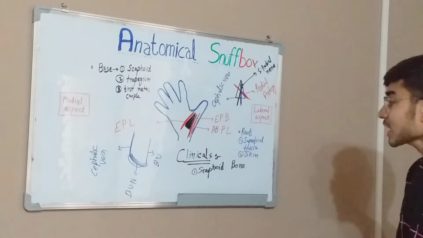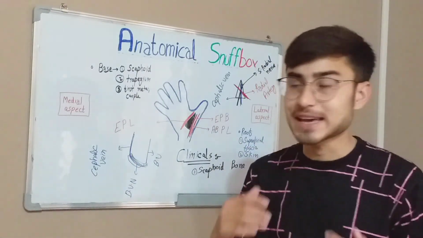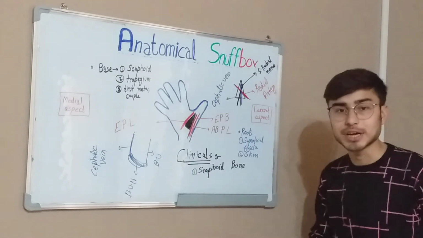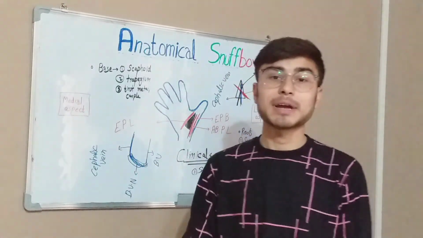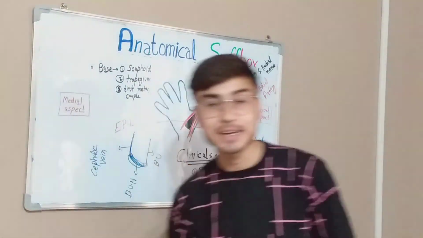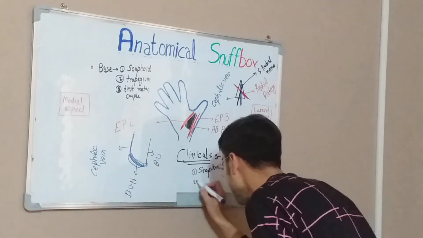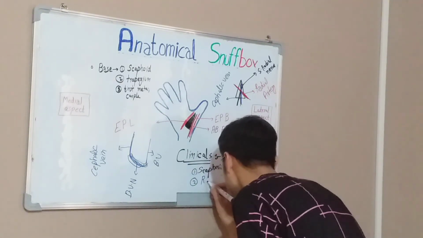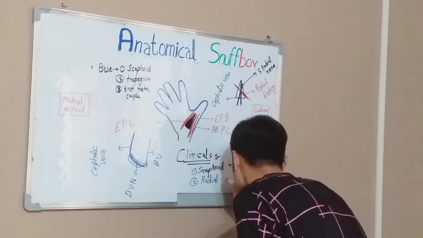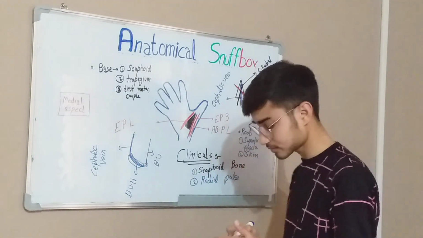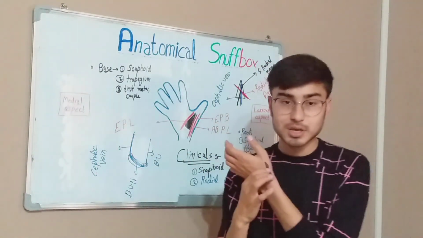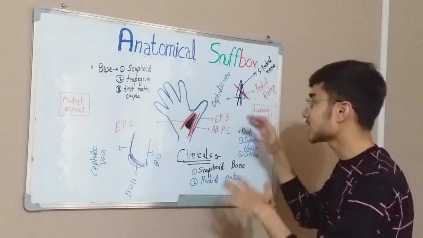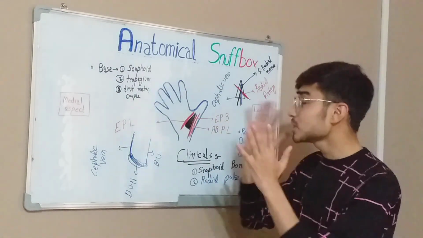And the second clinical importance is that among the contents I have talked about the radial artery, right? So a physician can palpate the pulse of the radial artery in the anatomical snuff box also. So the second clinical importance is the radial pulse. The physician can feel the radial pulse by putting his fingers at the anatomical snuff box of the patient, right? So this was all regarding the